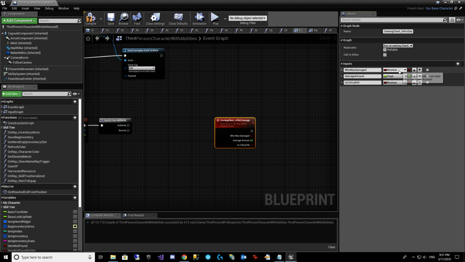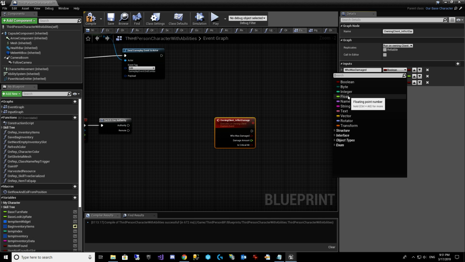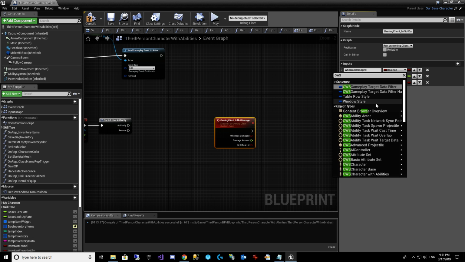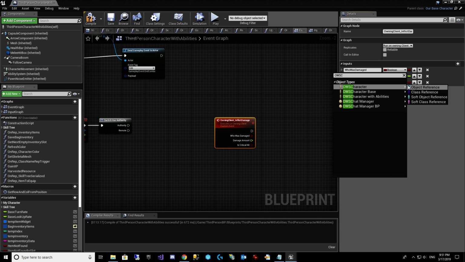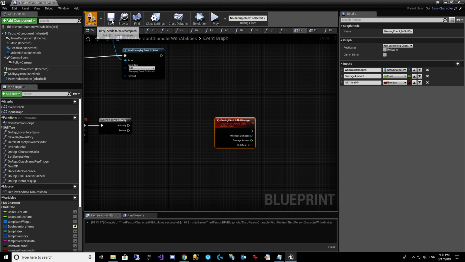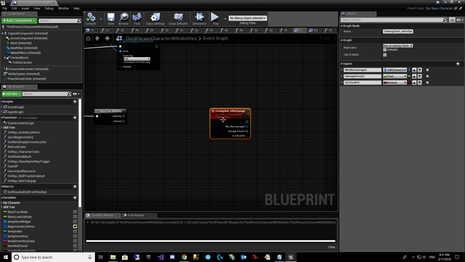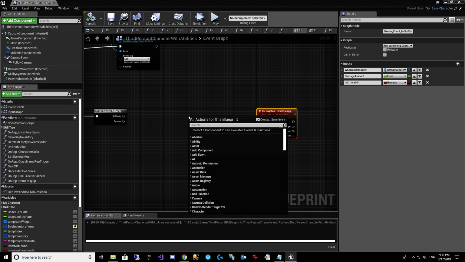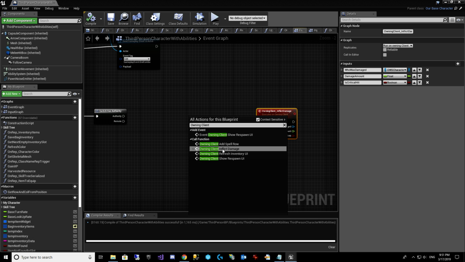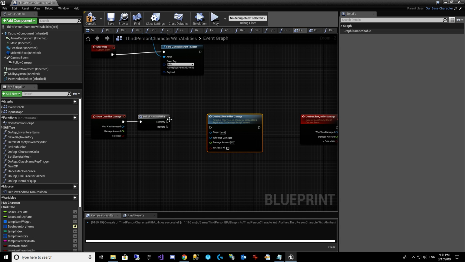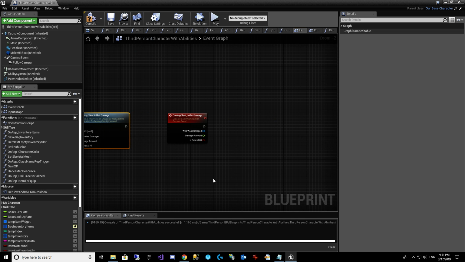And then I think for this one, let's see what type we should use. OWS character is probably good enough to get what we need. Okay, and so now we need to call this client inflict damage only on authority, and we're going to wire up these. So now